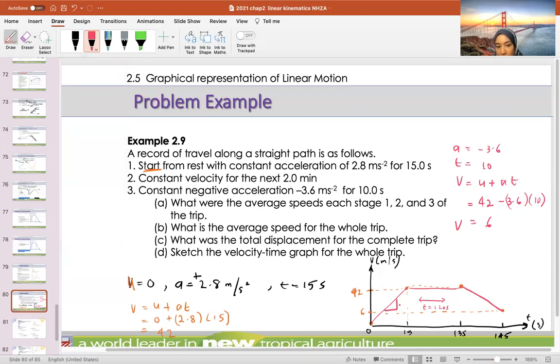This is A equals to 2.8. Let's label this as A1. This is A2. What was A2? A2 was 0. Constant velocity, A2 equals 0. Constant velocity means 0 acceleration. And then we went down, A3 equals to minus 3.6. This guy was our A3. So we divided this motion into 3 parts. Memang soalan dia dah siap-siap divide untuk kita, so that we could solve for the